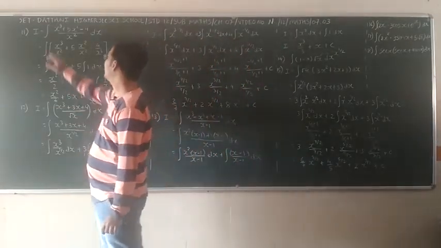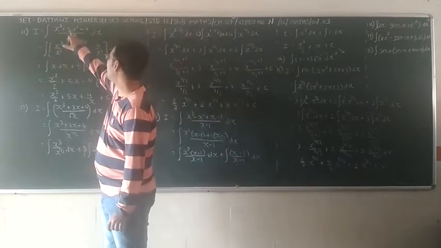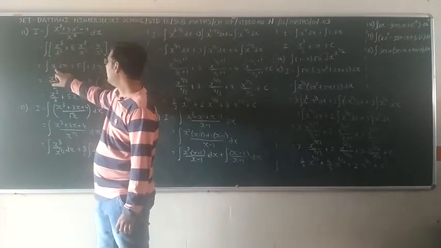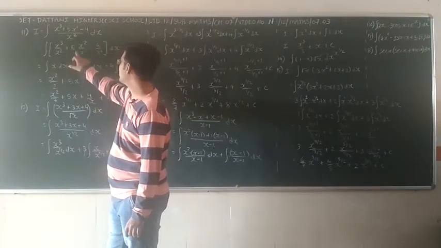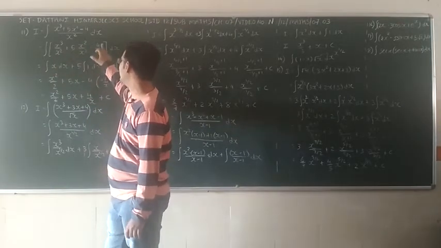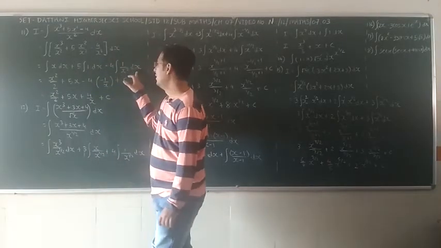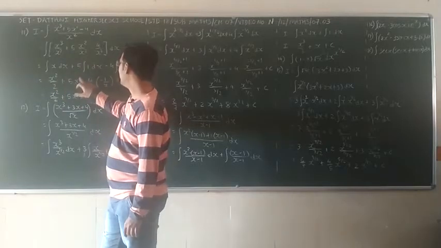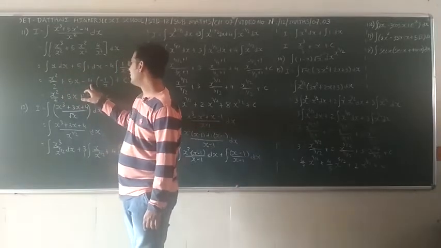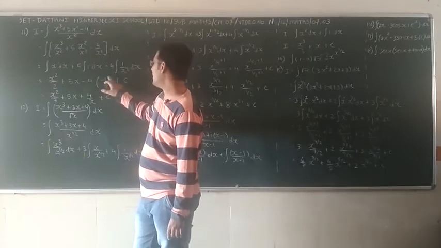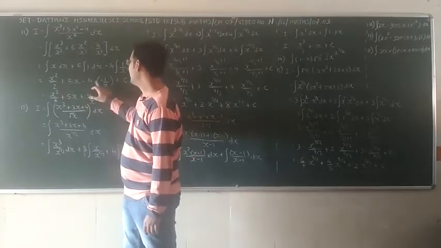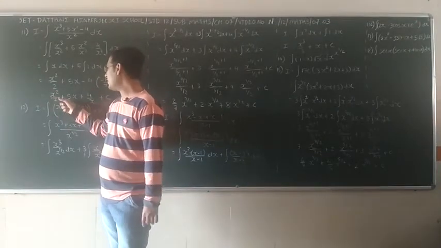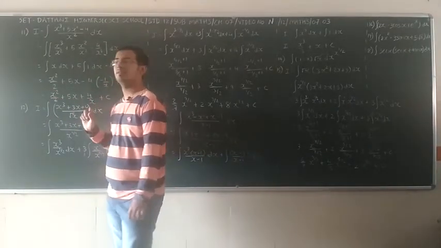So let's do it: x cube by x square plus 5x square upon x square minus 4 by x square dx. Here, x is left, and we separate the integration: plus 5, x square cut 1, dx, minus 4 comes out, 1 upon x square dx. So the integration of x is x square by 2, plus 5 times the integration of 1, that is 5x, minus 4 times the integration of 1 upon x square, which is minus 1 upon x, plus c, that is plus 4 by x plus c. That is our final answer: x square by 2 plus 5x plus 4 by x plus c.